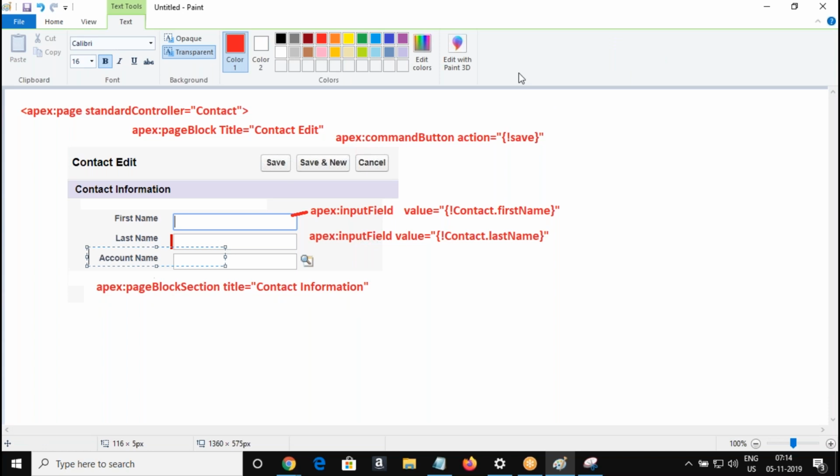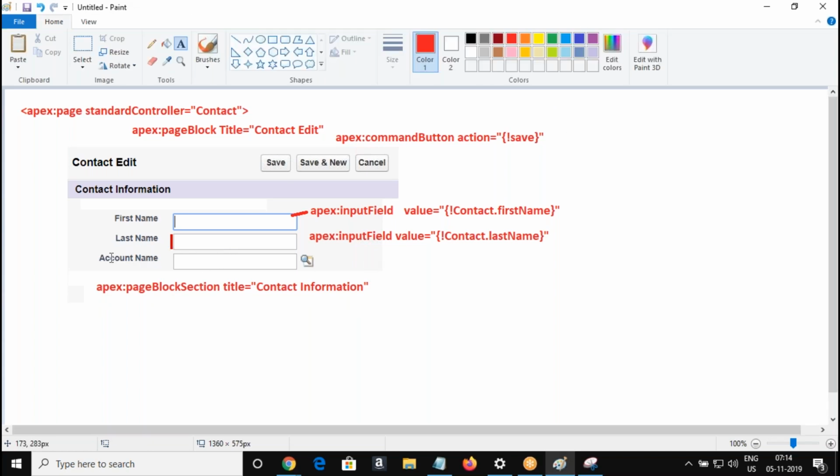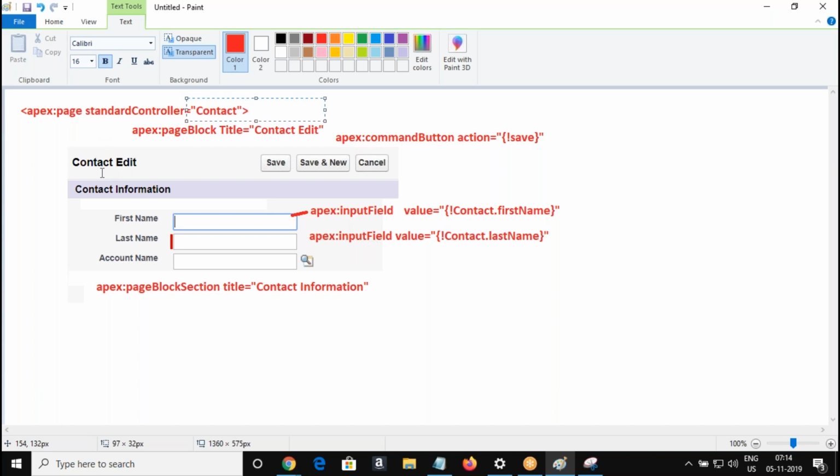Yes, sir. Yeah, good. Right. So we are going to bring the parent field here. We know how to refer the current object field. When I say current object, it means the object your standard controller is pointing to. What is the object your standard controller Visual Force page is referring to? That is the current object, right?